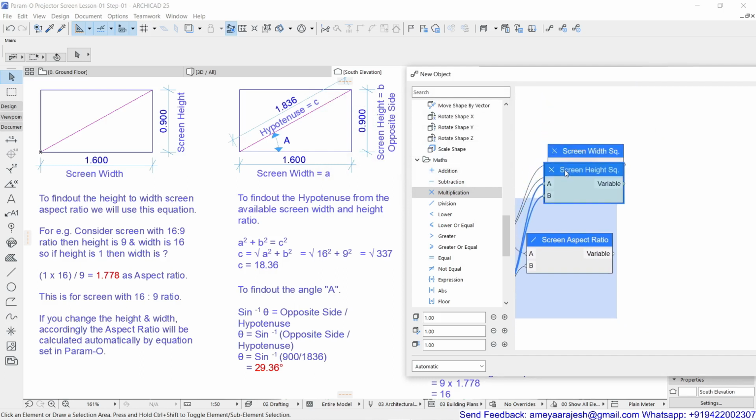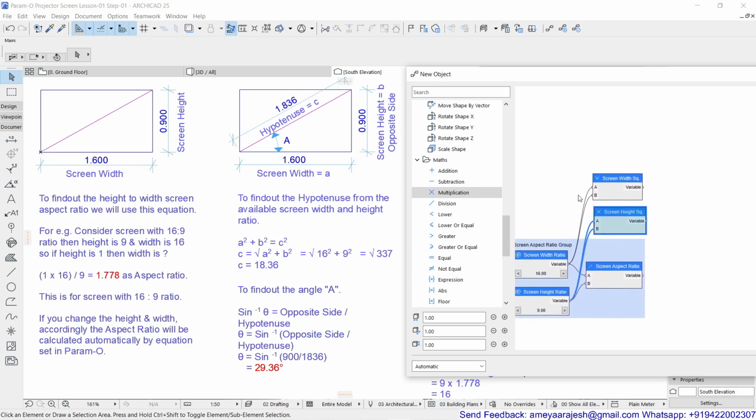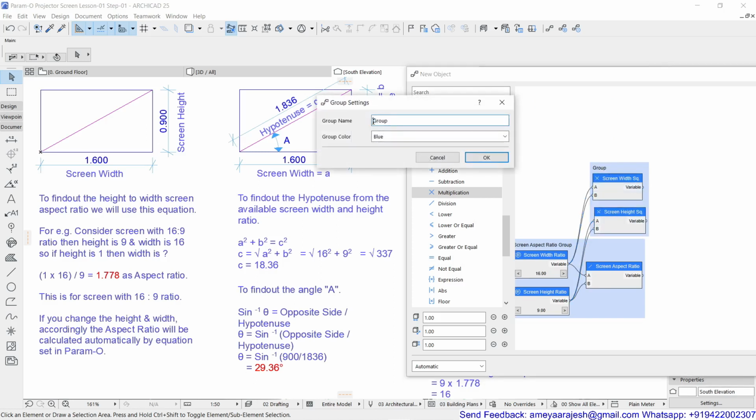You can then place them as per your choice. Okay, good. So these two can get addressed as a group again, and we'll call this the hypotenuse group.